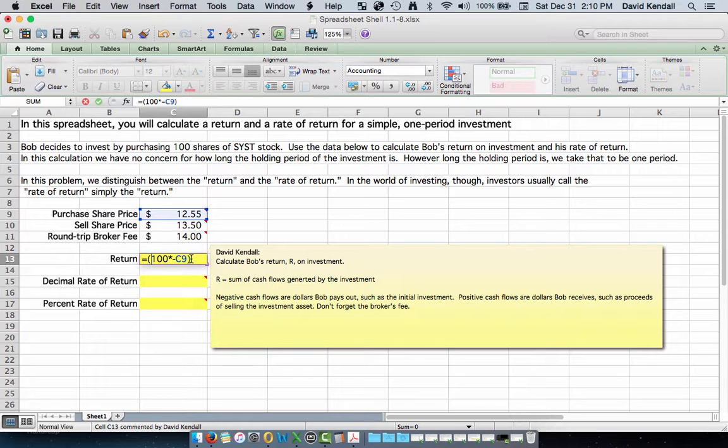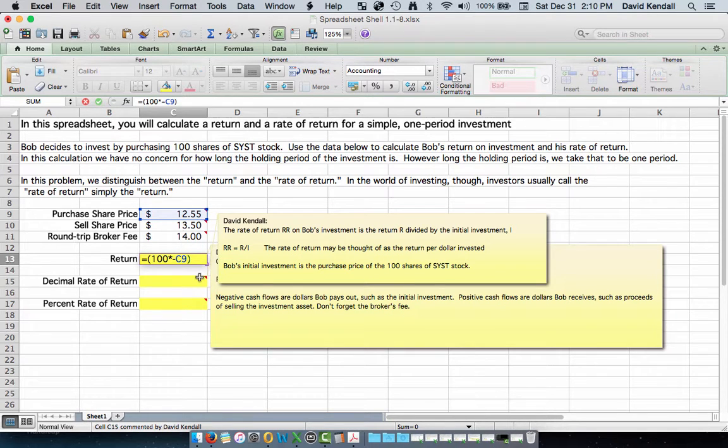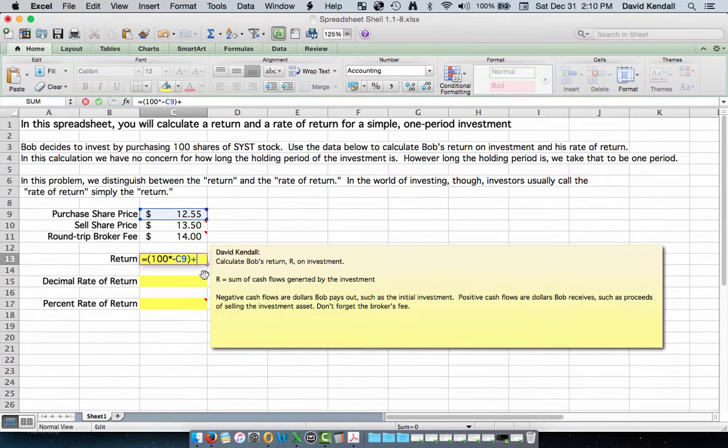else in the formula. But I'm going to put a plus sign here now because we're going to add the next cash flow, which is going to occur when Bob ends the investment by selling his 100 shares. So once again, I'm going to put parentheses there and work inside those parentheses so that Excel will do that before it does the adding up. So it's 100 shares again times, but now the sales price is $13.50, and that's money coming to Bob, so it's a positive cash flow, so I don't put a negative sign